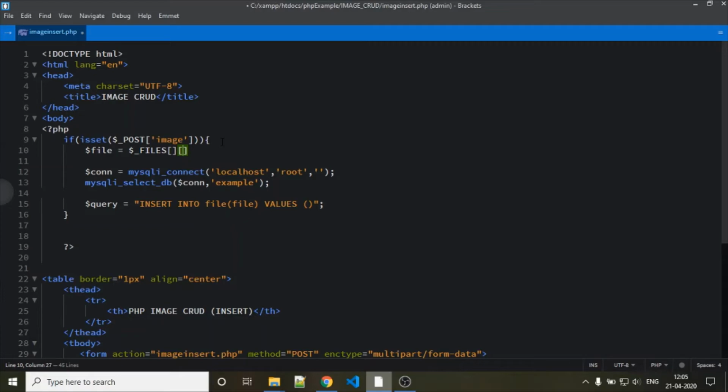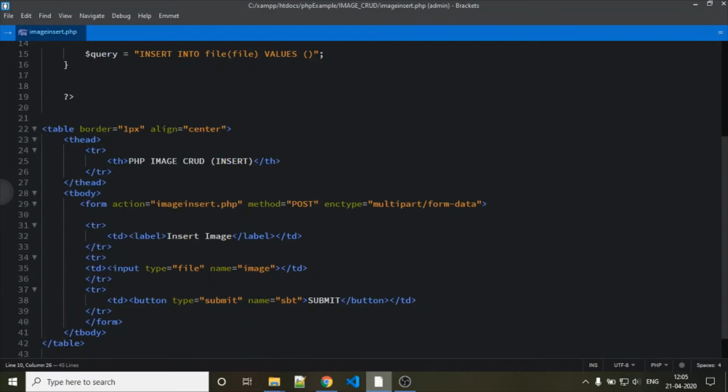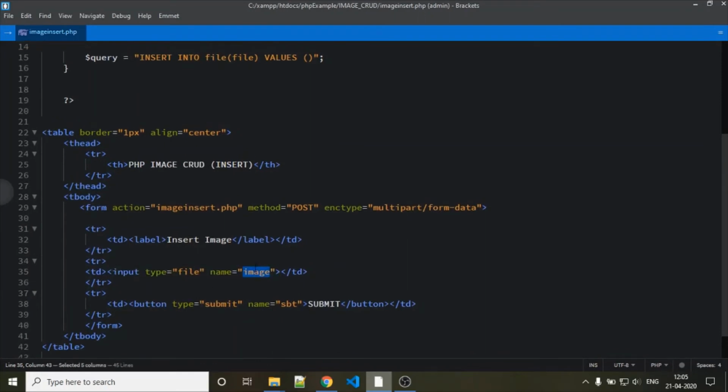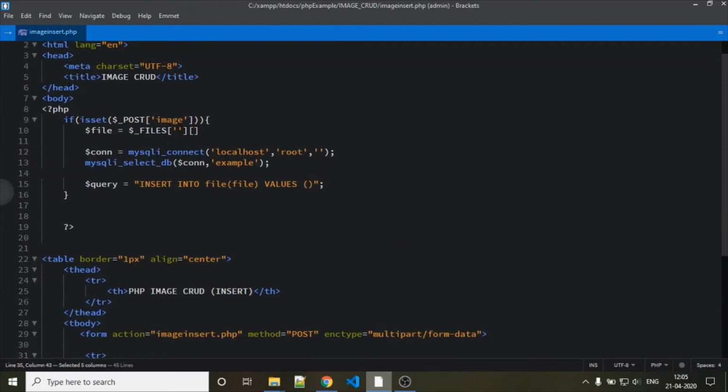It holds the attributes name, size, and type, and also the attributes tmp_name and error. In our case, as it is a two-dimensional array, first we need to pass the name of that input type, which is the files name, and another is name. The name attribute is there by default.